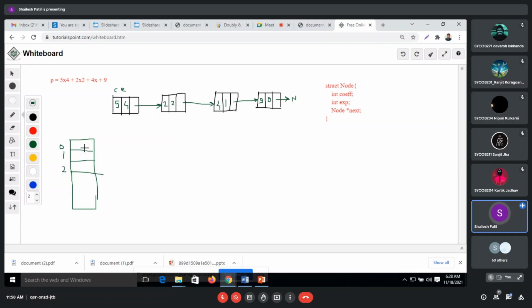So likewise 9 will be over here. Then 4 will be over here, 2 will be over here. Then one blank space I have to keep, and 5 will be over here, because 3 is missing. So that way we can do also. But what is the drawback of this? The extra space over here is wasted. Yes or no? So this is extra space we have. This is extra space we have. Again, there is no dynamism in this.